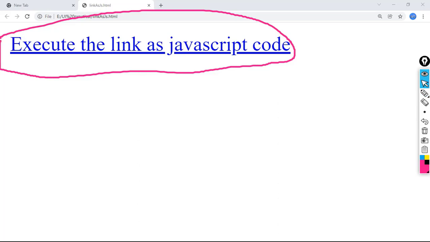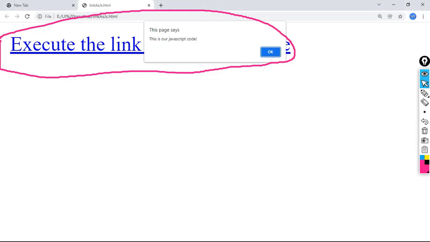Initially the hyperlink is in blue color. When I click on it, at that particular moment it will become red. See, observe, 1 2 3, click. See here, now this is our JavaScript code. What pop-up box came? This is our JavaScript code.